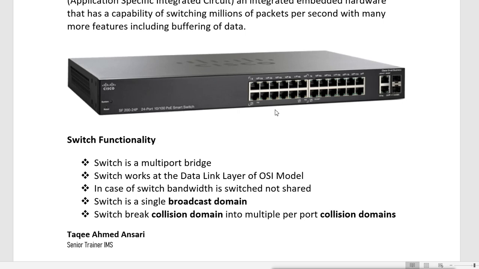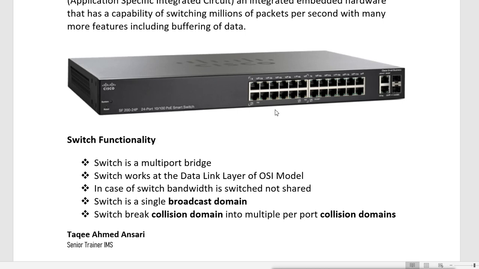Then a switch is a single broadcast domain. Remember, when you talk about the broadcast domain, it is still a single broadcast domain. That means if you have one switch, it is a single broadcast domain, because when a broadcast packet comes from any port, it will be broadcast to every other port. It does unicast based on the MAC address table; it does not broadcast like the hub.